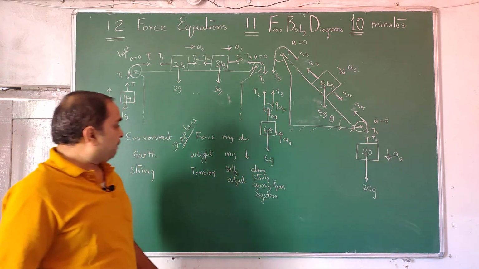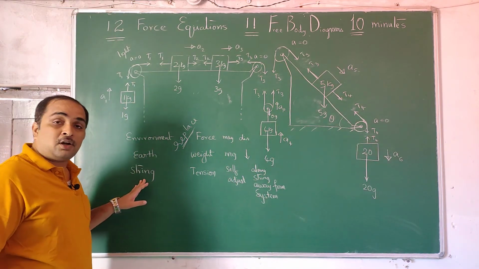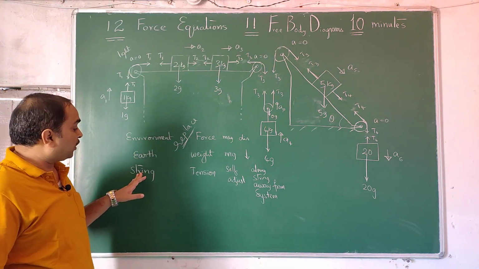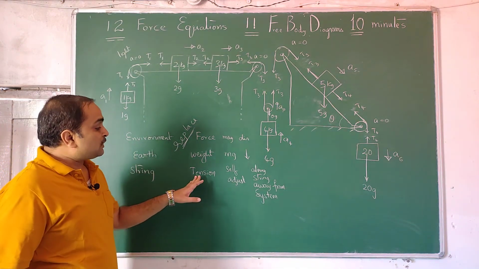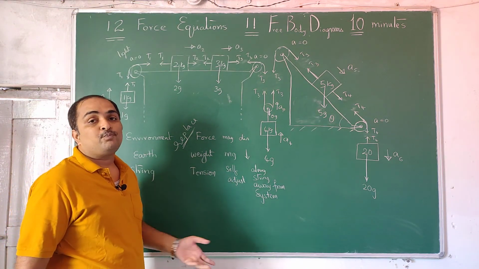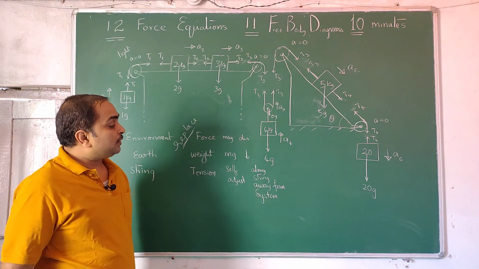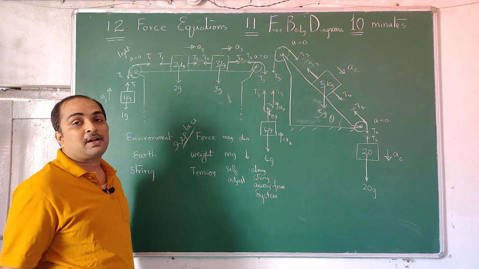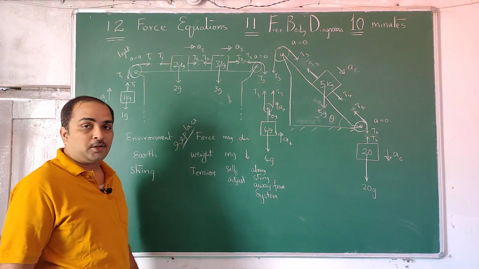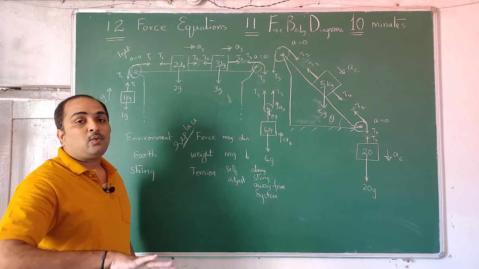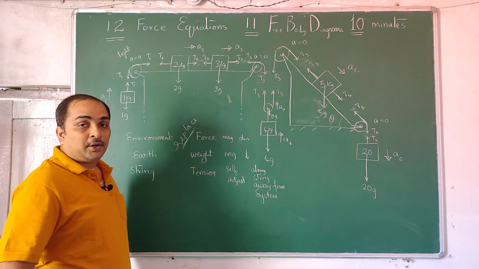So what have you done? You have taken an environment called string or wire. Whichever body is attached to that wire, we have taken into account. String is replaced with tension. Tension is the symbol T, and it is a self-adjusting kind of force until the wire breaks, along the string away from the system. Even slackened wires will not have tension. Slackened or broken wires will not have tension. Taut wires, T-A-U-T, taut: in foreign textbooks that word will be used. Taut means tight wires. A tight wire applies the force that you apply on it.